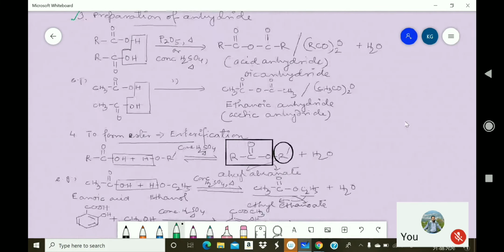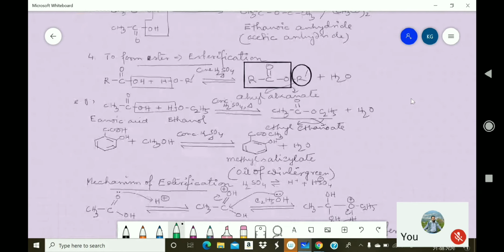Now, next is preparation of the ester. This is another acid derivative. It can be obtained when carboxylic acid is reacted with alcohol in presence of concentrated sulfuric acid, and due to heating, one molecule of water is removed from the acid and the alcohol. We can follow that here the carbon-oxygen bond of the acid is broken and the oxygen-hydrogen bond of the alcohol is broken to give rise to this ester. It is RC double bond O OR dash. This is the product,